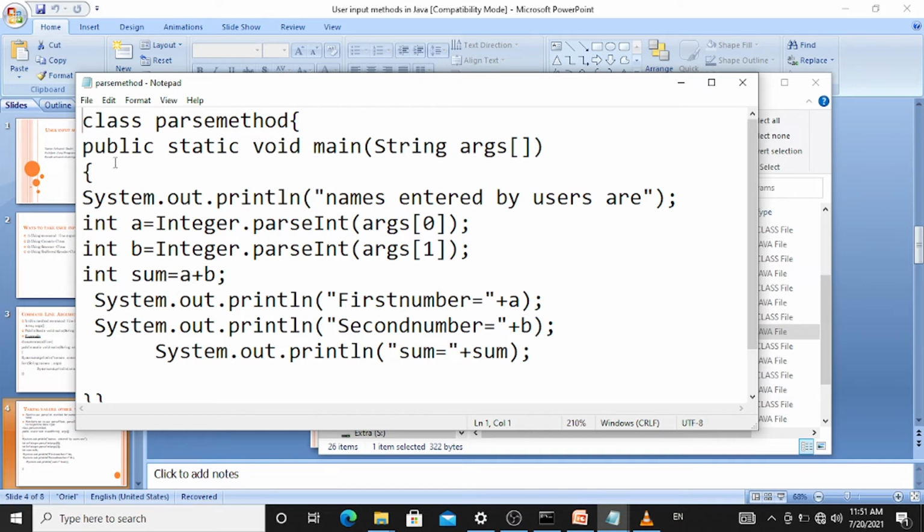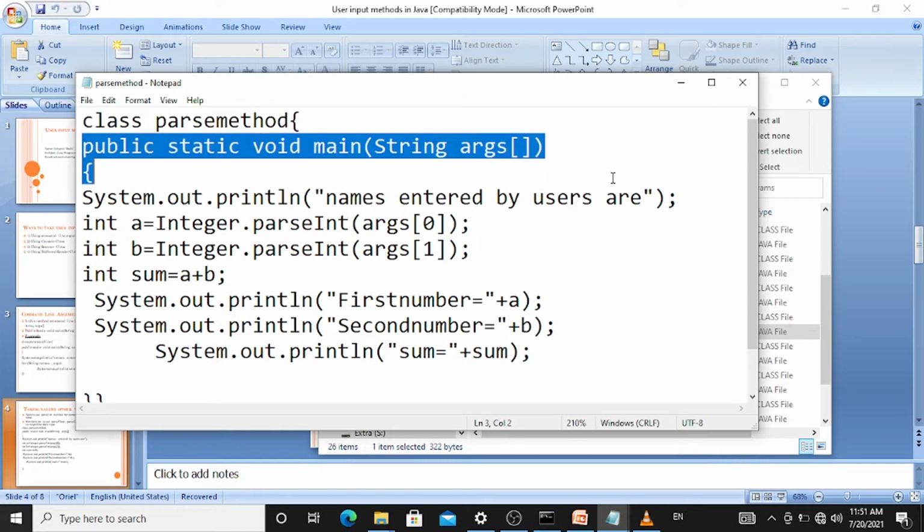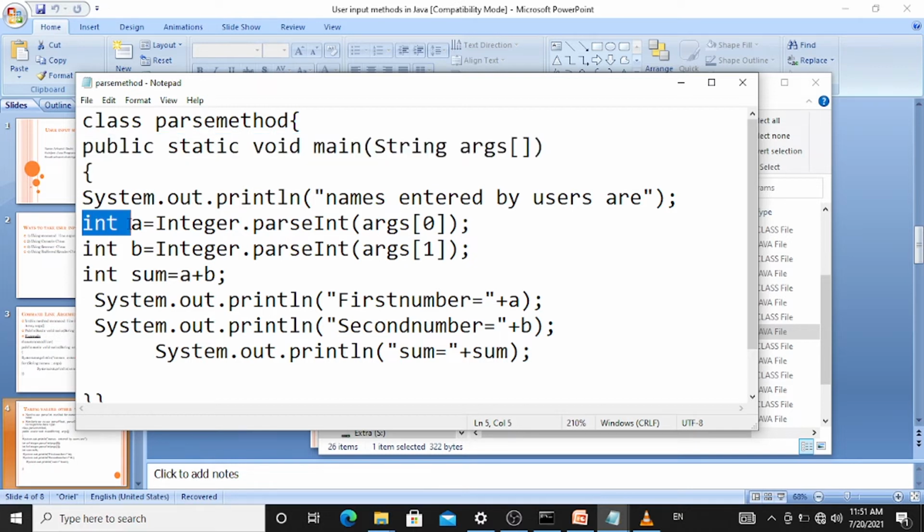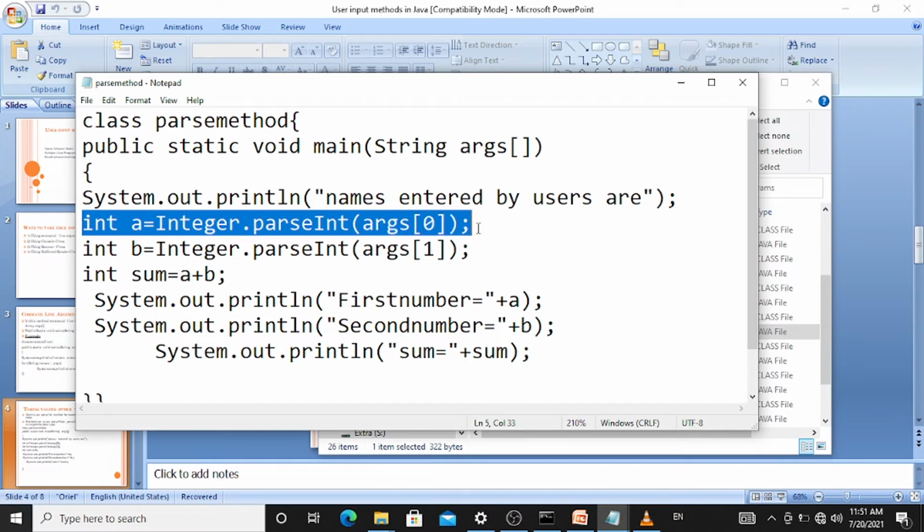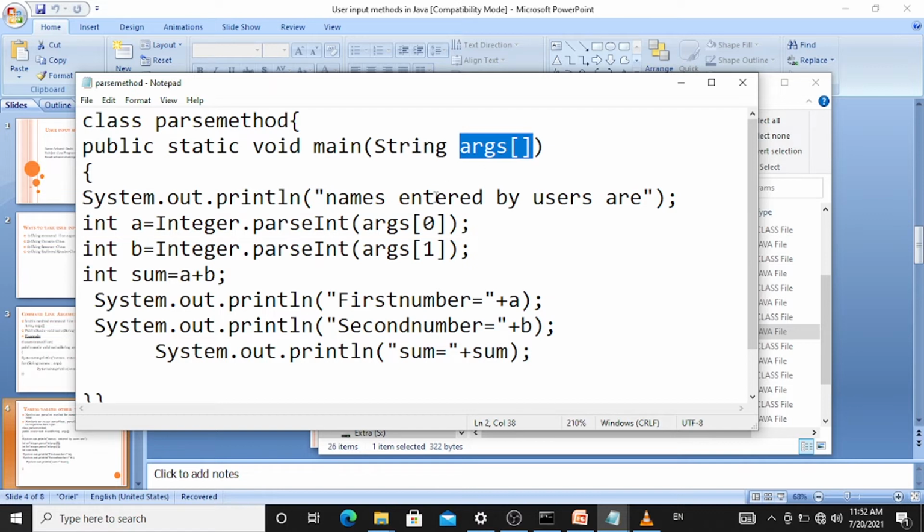So again here one class is taken as a class ParseMethod. Name of the class is ParseMethod. Main method is taken. Then int a equals Integer.parseInt(args[0]). So whatever the first value passed by the user will be first element of this array, and that is converted into integer and stored into the variable a.